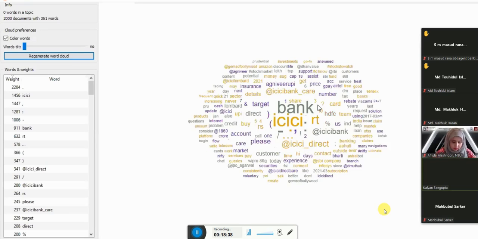The word care is there, ICICI Bank care. This is the thing they are mentioning in their tweets. The price they are mentioning. Unfortunately, you don't have a detailed analysis through the cloud, but very simply you can understand what they are saying.